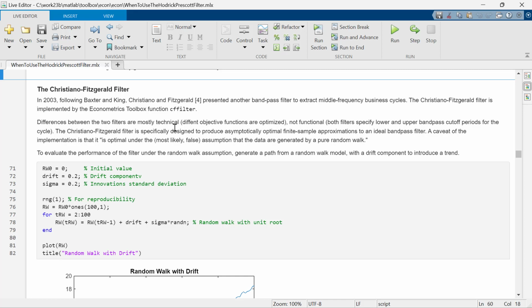The Cristiano-Fitzgerald filter was specifically designed, as it says here, to produce asymptotically optimal finite sample approximations to an ideal bandpass filter, something the Baxter-King filter didn't specifically address. So the idea being that the more data you have asymptotically, the closer this filter would come to an ideal bandpass filter with step function cutoffs at the two cutoff frequencies. In order to make this optimally designed filter,